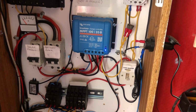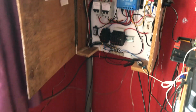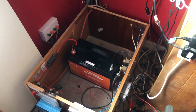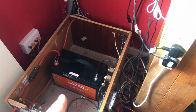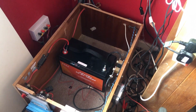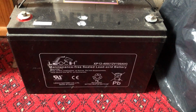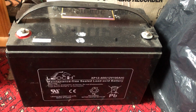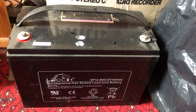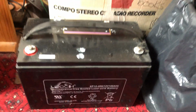and today I'm going to show you a change to my battery system. So this is the battery box that you've seen before, and before there were three of these AGM sealed lead acid batteries. I had three batteries for a combined battery capacity of 300 amp hours,